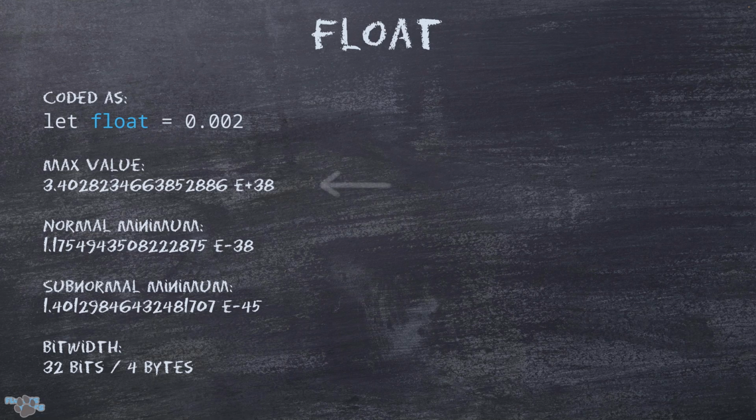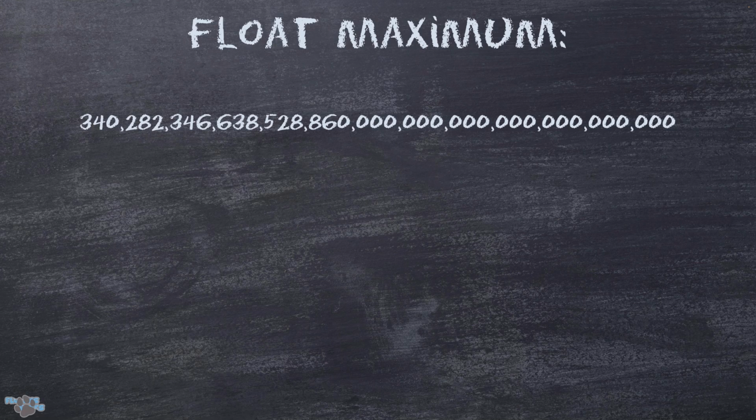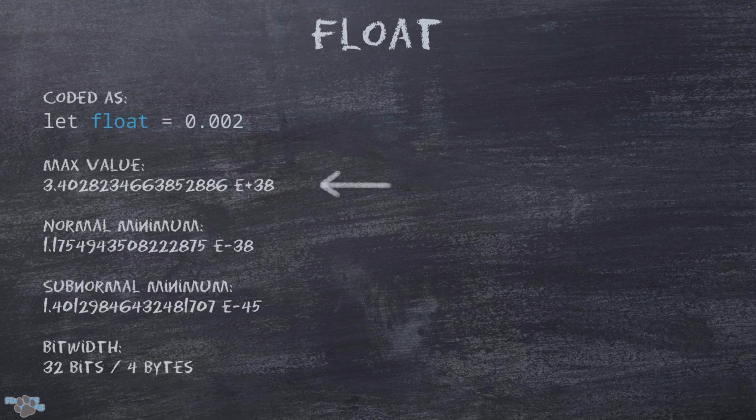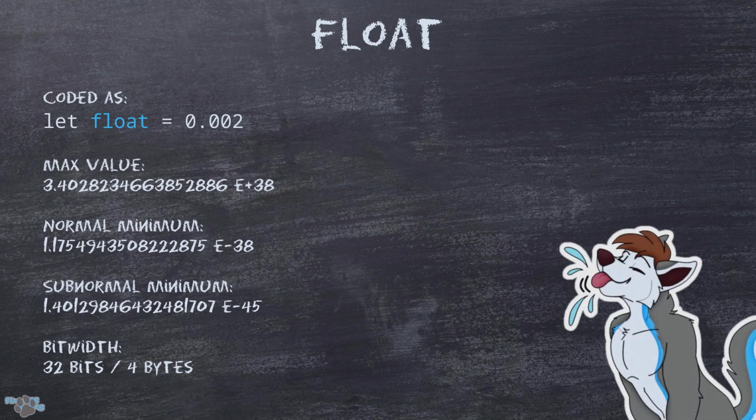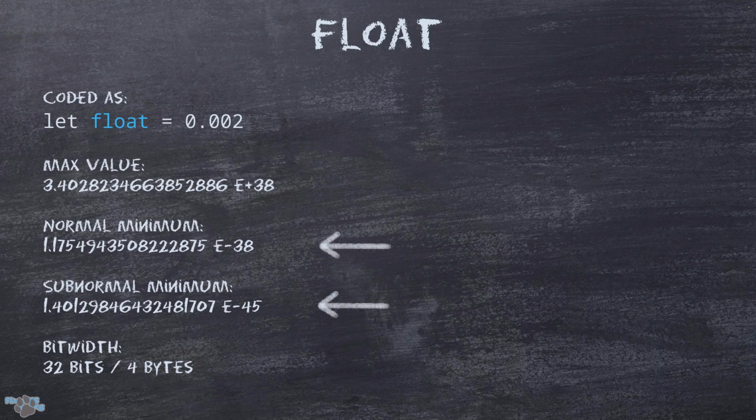As we can see, the maximum is a whole number, 340.2 undecillion, or 3.402823466385288 times 10 to the power of 38. I think my tongue needs a rest after that. But we have two minimums. One is a normal minimum, the other a subnormal minimum. The normal minimum is the minimum full precision value. A float in this case can store this,